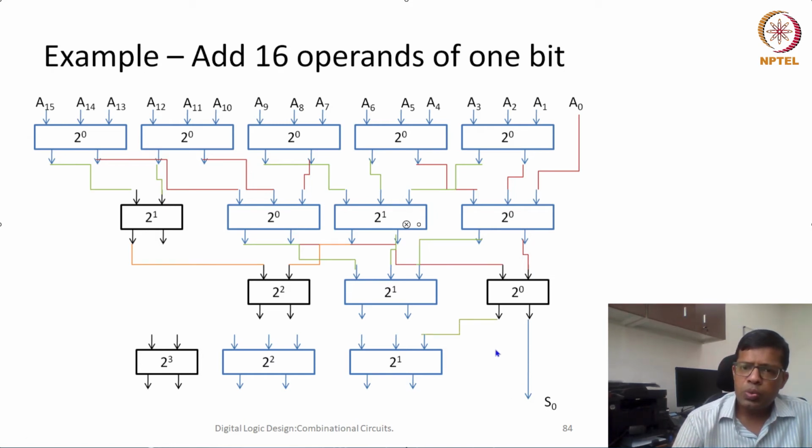Now for 2's power 1 place, I can add here in my addition which is categorized as 2's power 1 place. So this is another 2's power 1 place which is pending here, I can add this, and the one which was remaining from my previous stage, I can use that also. Okay, so this particular output was 2 to the power 2 place, so I can add it here. This is also 2 to the power 2 place, so I can add it here.